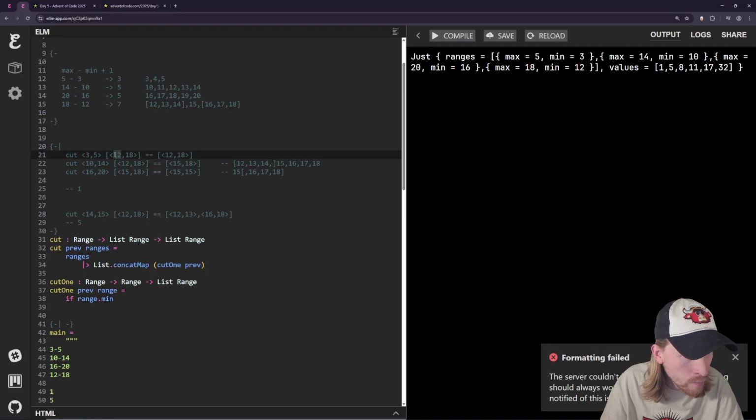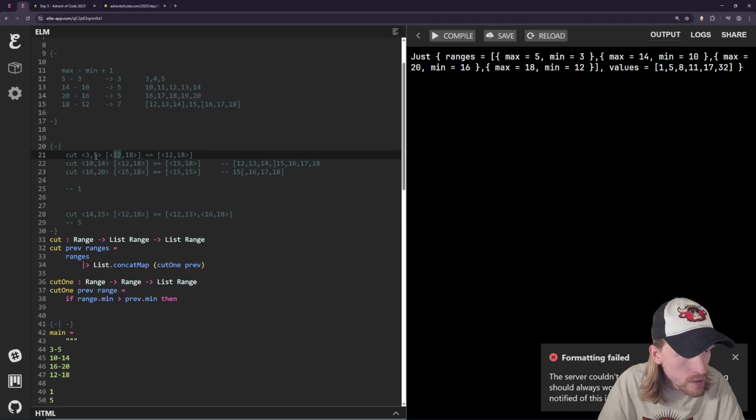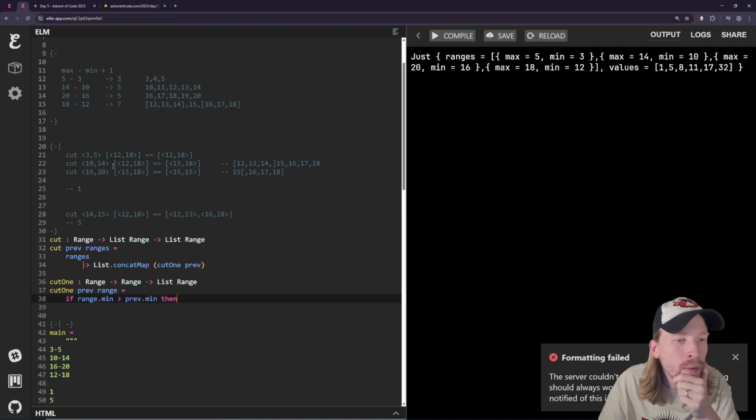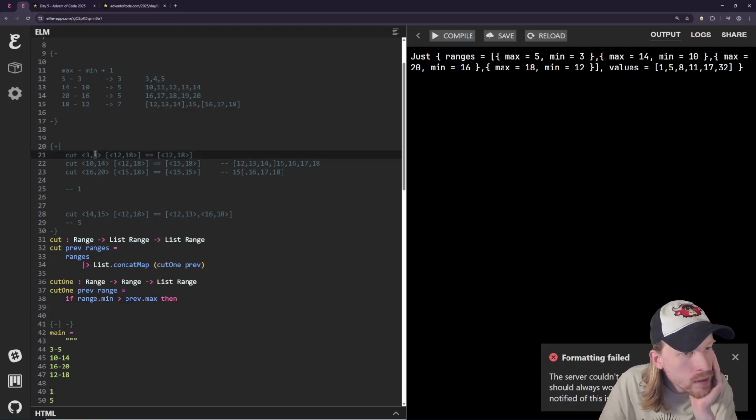So if the range.min is greater than the previous min, this is this kind of case, like if this is greater than this, or if this is greater than this, what do I want? I always want the max. I guess no, the previous max. So this, between this and this,